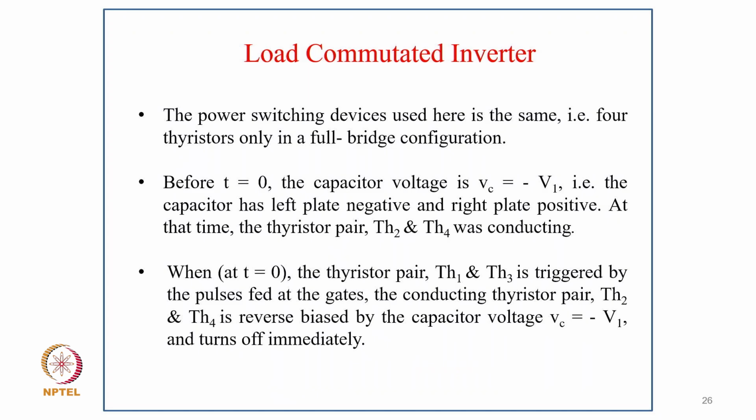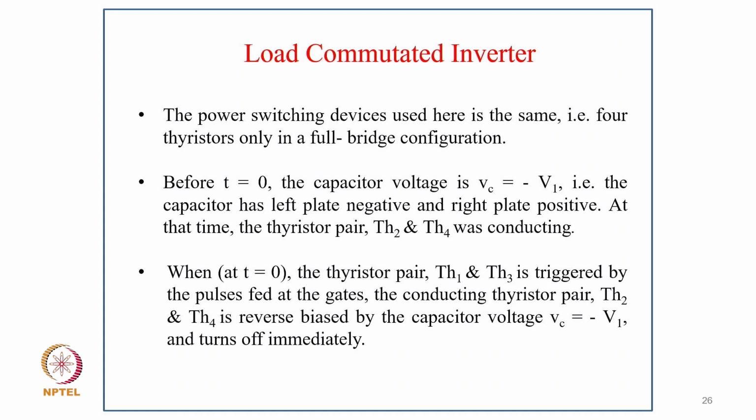And in the load commutated inverter, the power switching device used here is the same, that is 4 thyristors, only in a full bridge configuration. But before t equal to 0, the capacitor voltage is Vc equal to minus V1, that is the capacitor has left plate negative and right plate positive, and at that time the thyristor pair TH2 and TH4 is conducting,